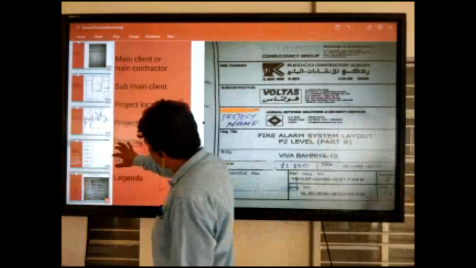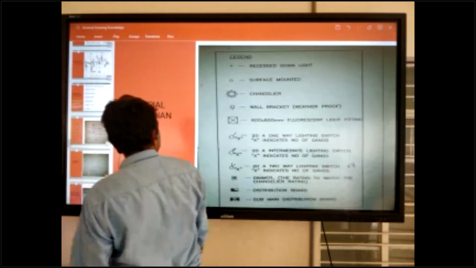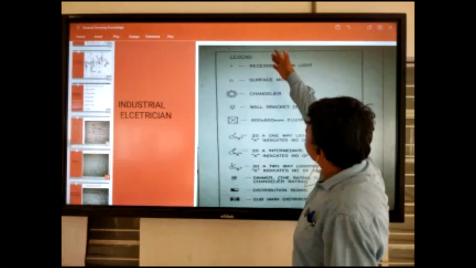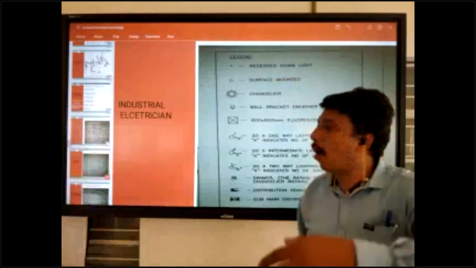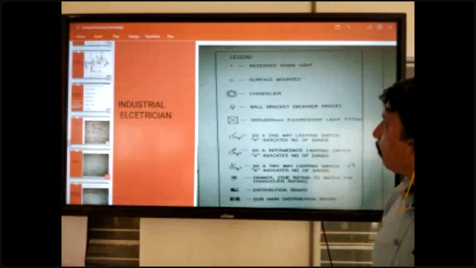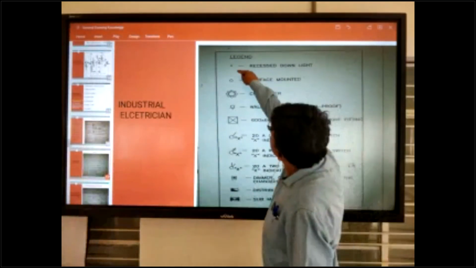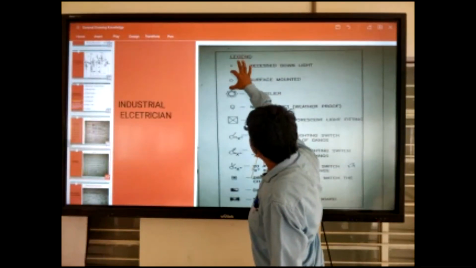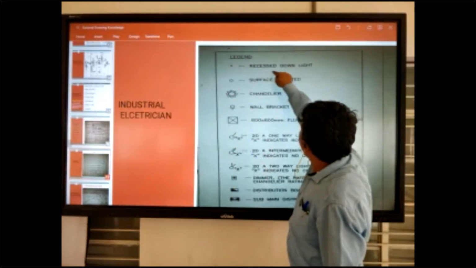And next one. So I am telling you, this is the legends. Legends also come in the first page of the drawing. Inside the drawing, you can find only the symbol, not written words.